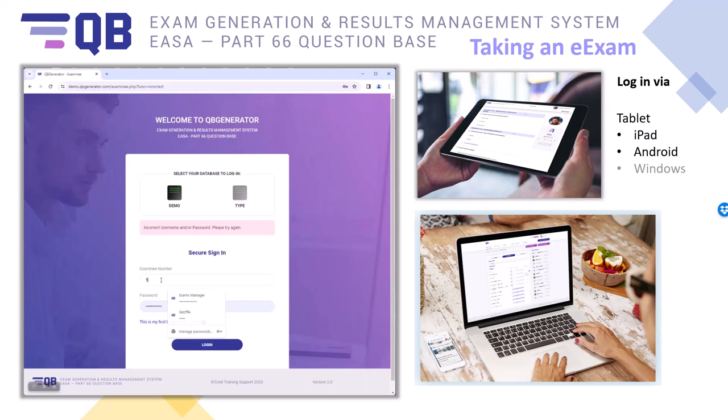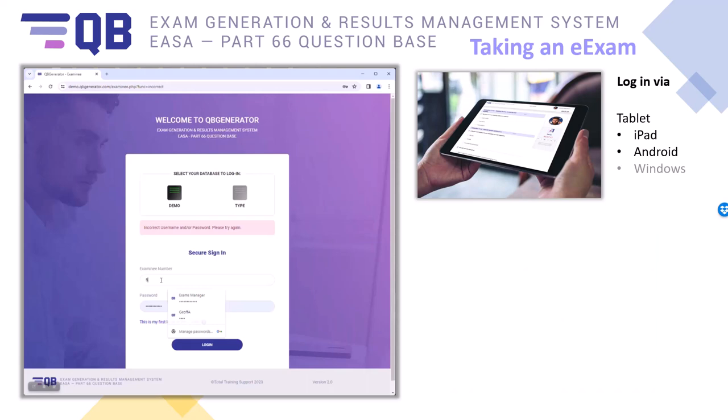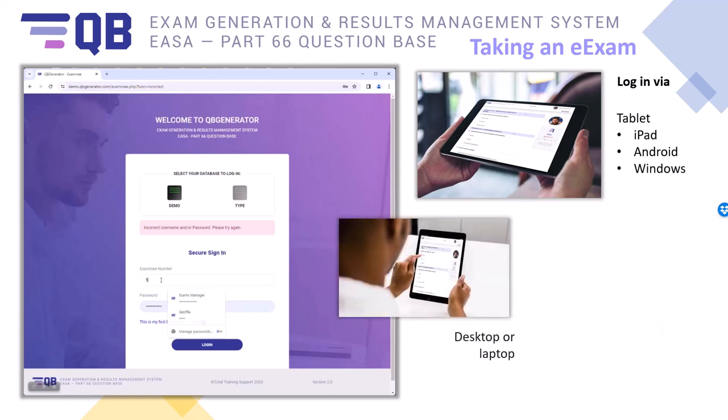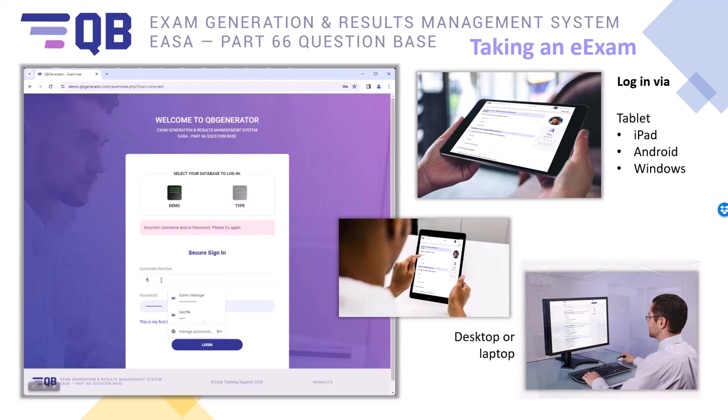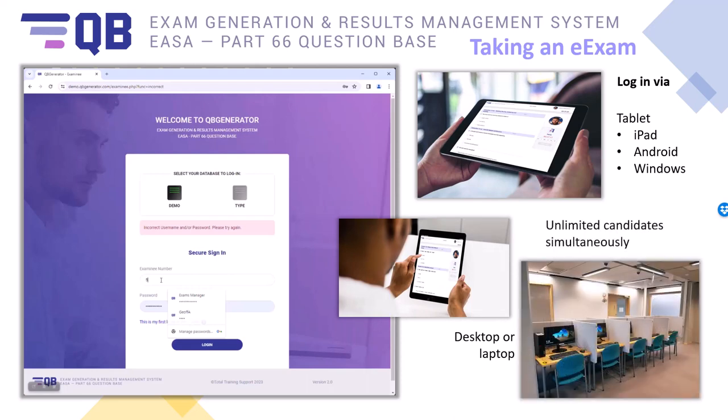format, known as e-exams. Let me walk you through a typical e-exam from the perspective of the examinee. The examinee can take the exam using any digital device, such as a tablet, Windows, Android or iPad. Alternatively, they can take the exam on a desktop or laptop, as long as the device is connected to the host computer via Wi-Fi or a wired network. We have the flexibility to host the QB software on your own server, or we can use TTS server to host it. We can even install multiple databases, such as one for Part 66 basic training exams and another for